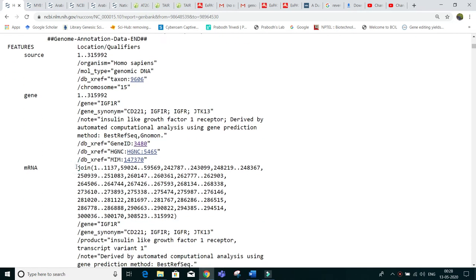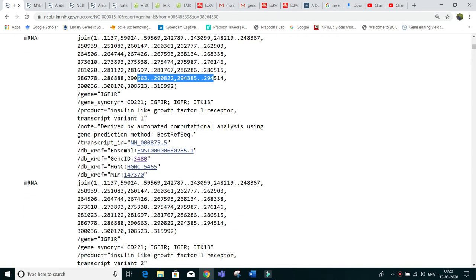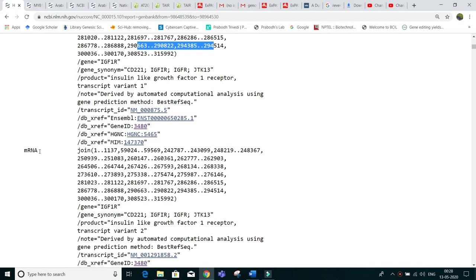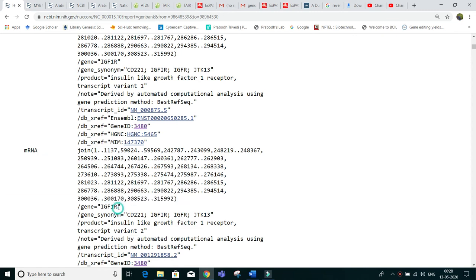If your mRNA tells you that you have to join some sequences from there to there, there to there, there to there, it means your gene has introns. Okay, so this is the basic funda to understand whether my gene has introns or not. If you have to join some sequences, then this is the basic sign that my gene contains what? Introns.